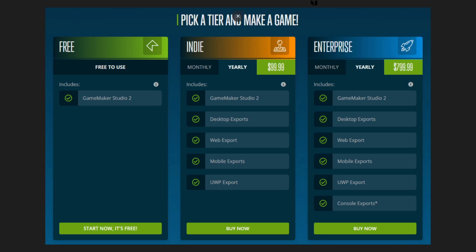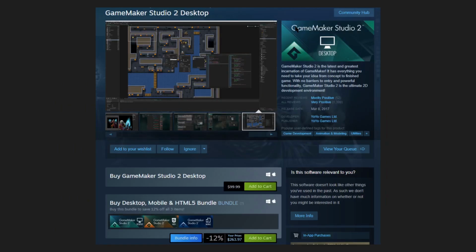But that's the big change, is that you now have to pay to actually publish your game, when this used to not be the case. Now, there is one little bit of silver lining. While they are making this change, because this literally happened yesterday, while they are making this change, the permanent license,